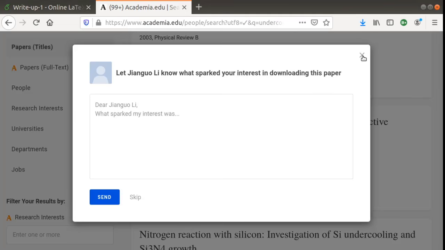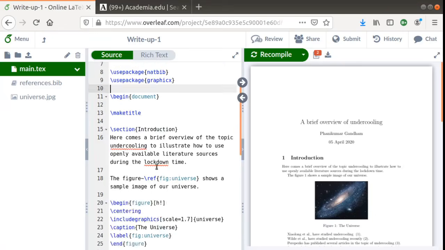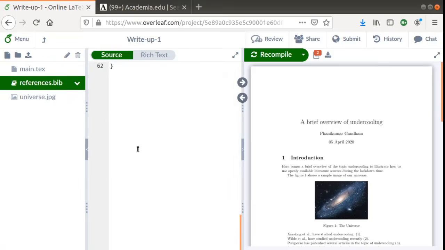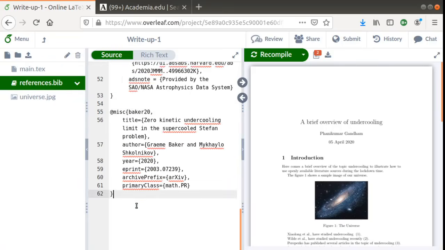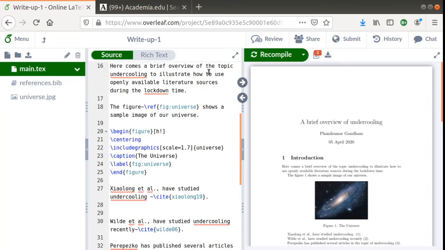So for that, what we would do is come to the references file, and at the end you could add it manually. Once you do that, you are able to also include any other article that you may need for your literature survey, and that way you can comprehensively make your literature survey using sources that are available for free when you are at home trying to write up a document by looking at the literature.